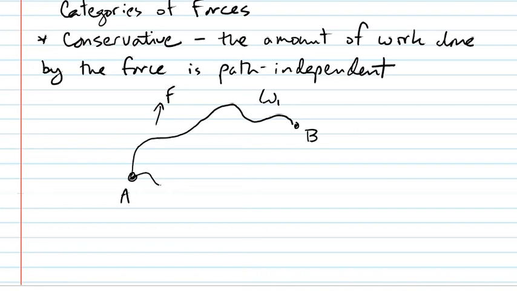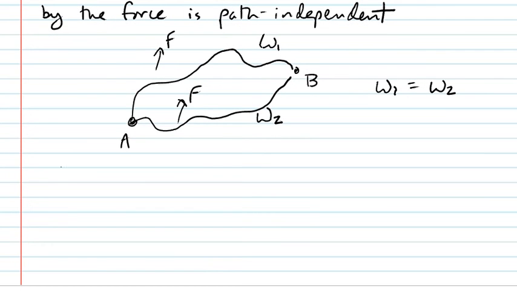And then we consider a different path. The force is still acting as the object moves from one point to the other. The amount of work here is W2. It does not matter what path is taken, the amount of work is going to be the same in every case. And if that's true, that regardless of the path, the amount of work is the same, then it is a conservative force. Non-conservative force, by contrast,